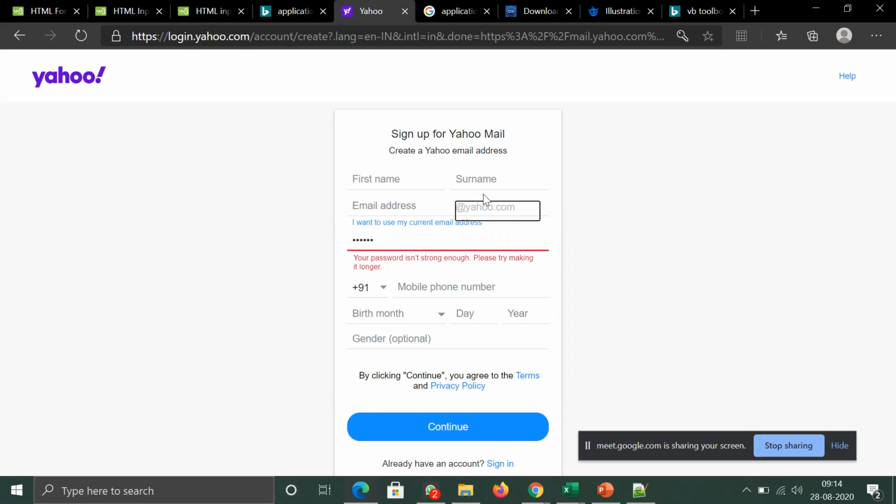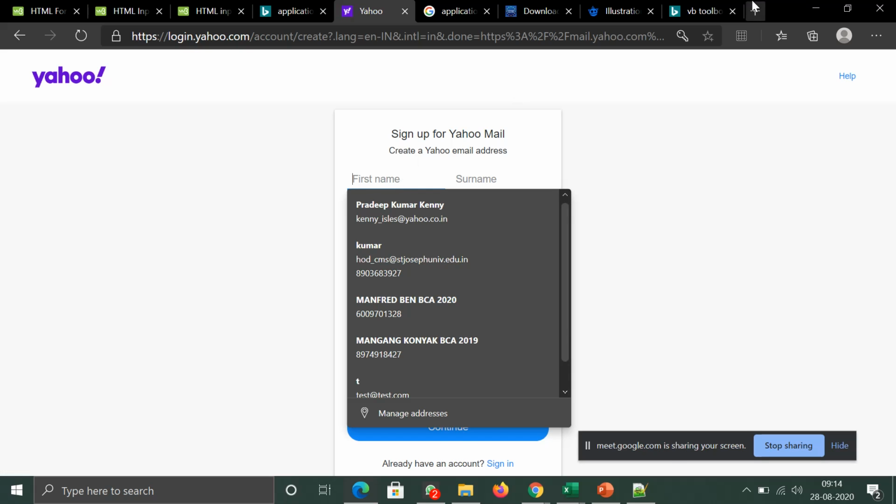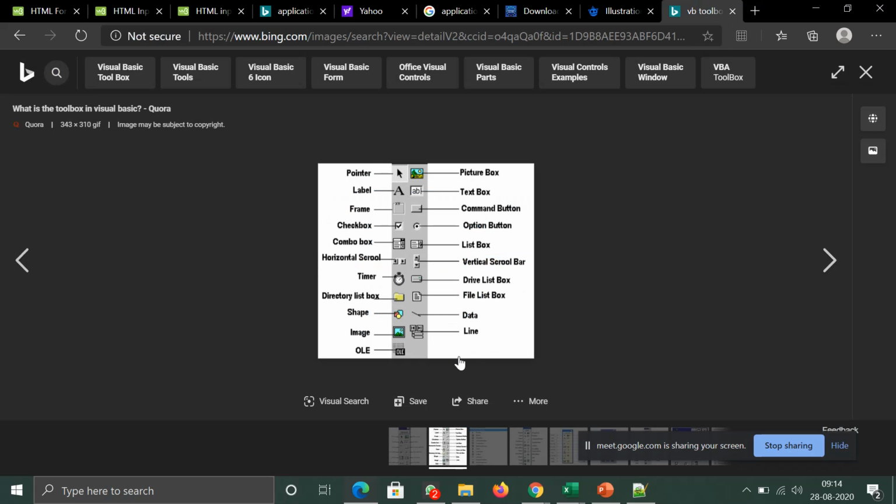Now if you look at all these things, you might remember what you studied in Visual Basic, correct? Now, father is teaching you Visual Basic. You have a label box, you have something called a text box where you actually input, you have a command button, you have check and option button, you have a combo and list. These are some of the important controls in a Windows environment.